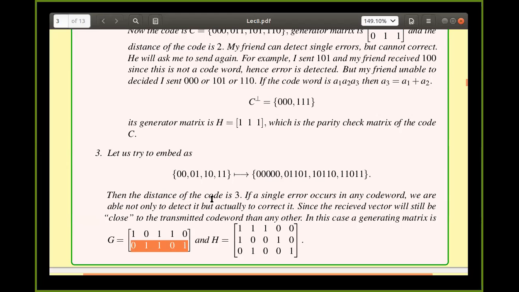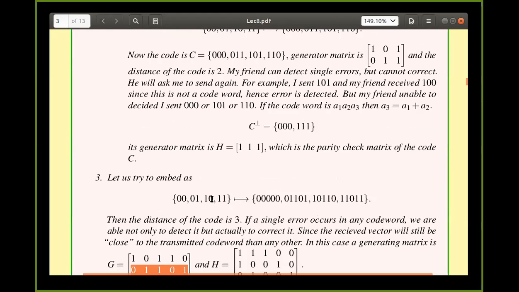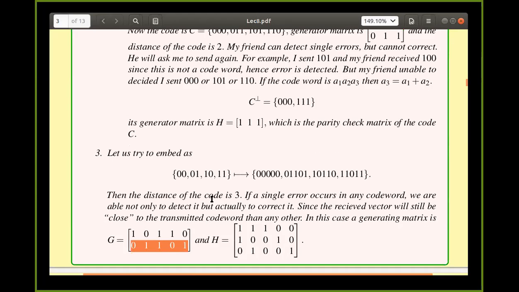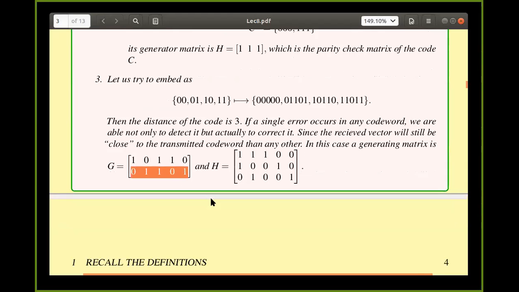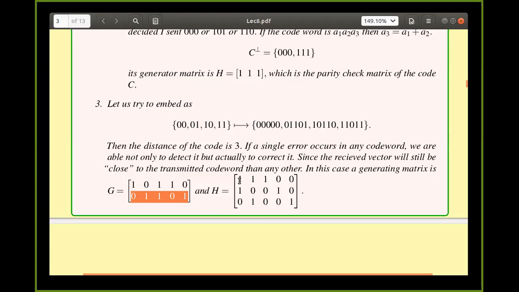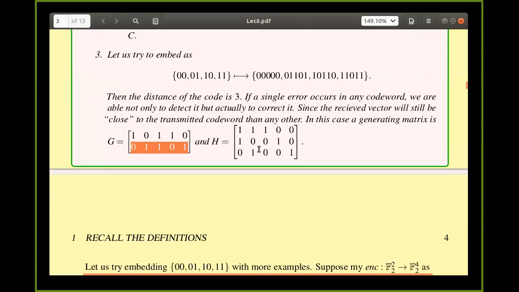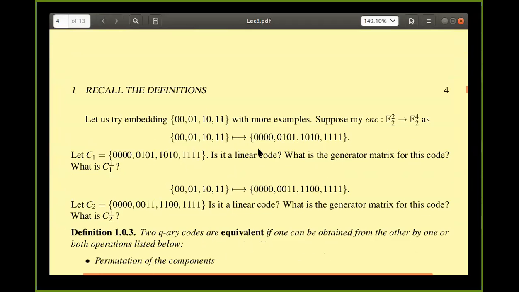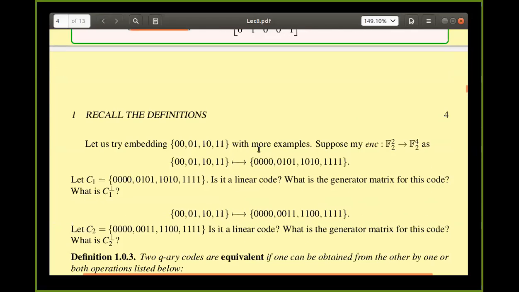Any questions? I know some of you may have wondered why I'm not taking 4 out of 4, right? We have 2 power 4. I'll come to that. So here I am able to give some clarity. One more thing I want you to check: H is a C perp with dimension equal to 3, right? So these are the linear independent vectors. It is a map from where to where? Think about all those things also. It is actually mapping from F2 power 3 to F2 power 5.